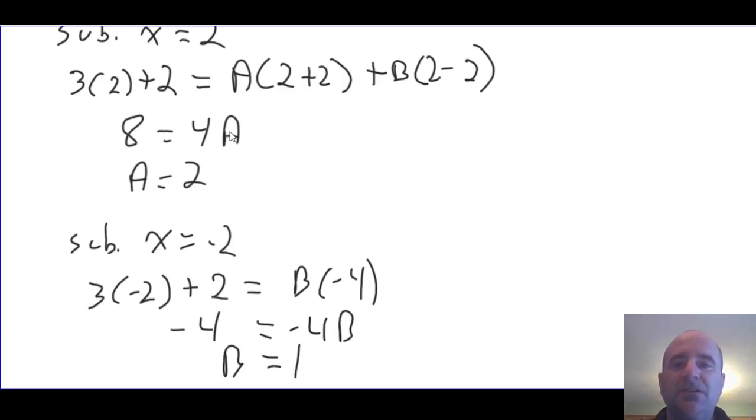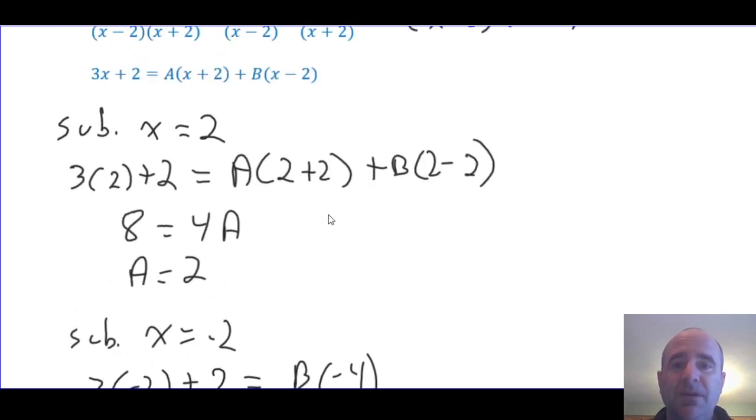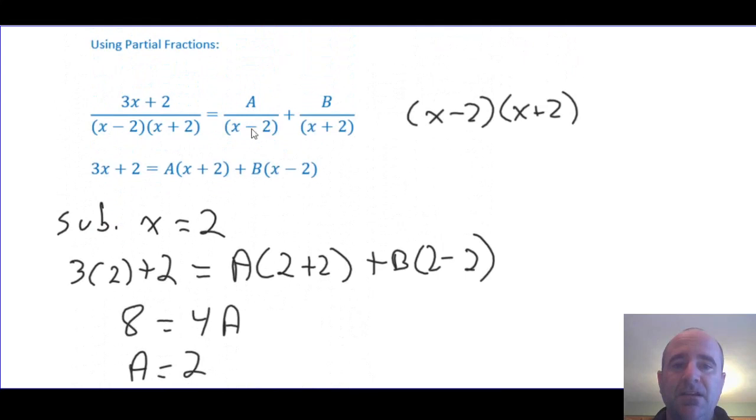So I've chosen these values of x conveniently that allow me to solve for a and b. Had I chosen a value of x like, say, 3 and 5, for example, I would have had two equations, two unknowns with a and b. So I could still have solved, but it just would have been a lot more time consuming. So what I've basically done is I found a and b here.